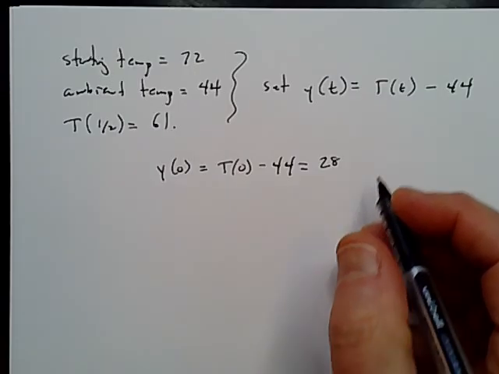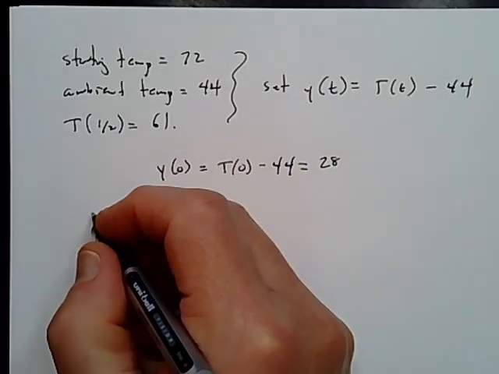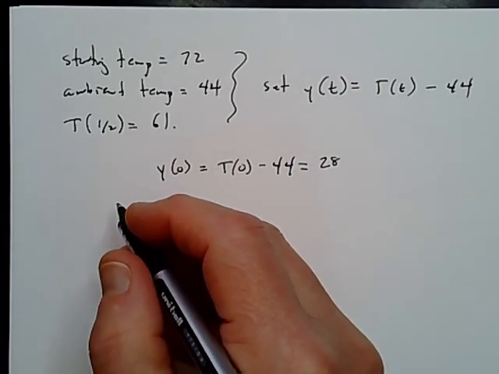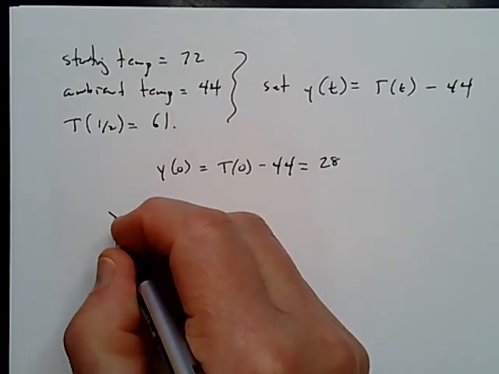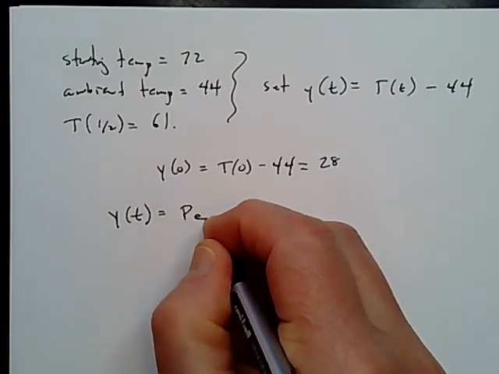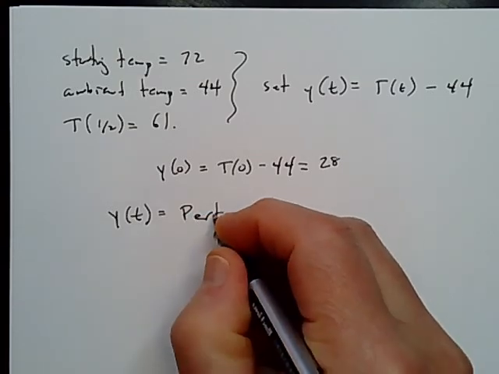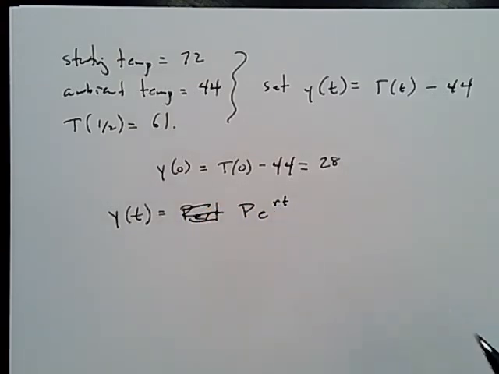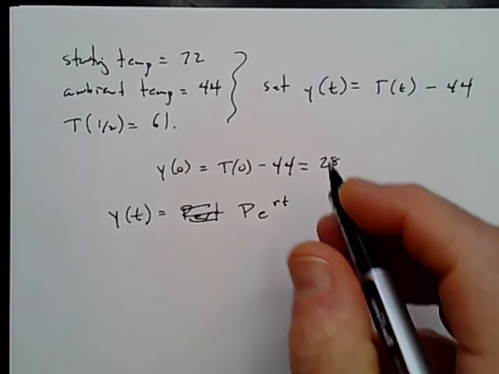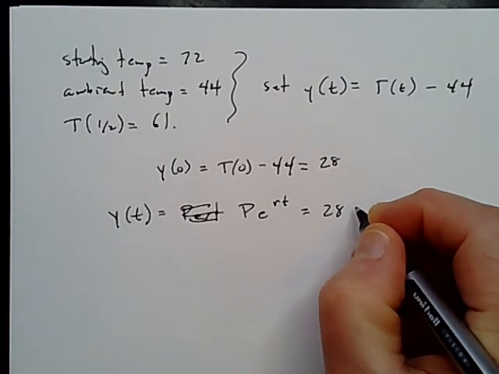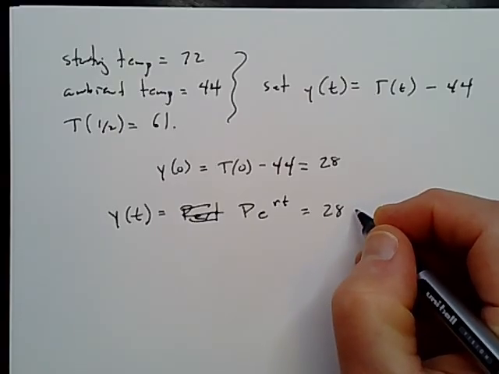Okay, and we're looking at a PERT situation, so we have that y of t is going to be PERT, capital P e to the rt. Sorry, I got distracted. So we're looking then at an initial temperature difference of 28,